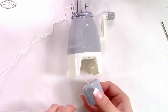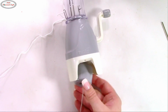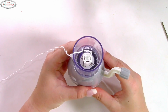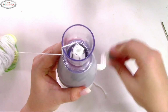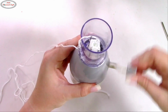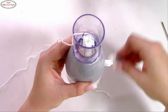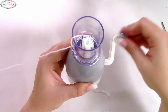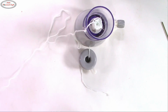If the weight doesn't pull it, it's going to literally make yarn tangles and possibly even split the yarn. So this goes actually fairly quickly. You can see I can move this fairly quickly. Do you see how fast you can go? No problems at all, as long as you don't have any yarn knots coming from your skein, you'll be fine, okay? So I'm going to pull a little bit here